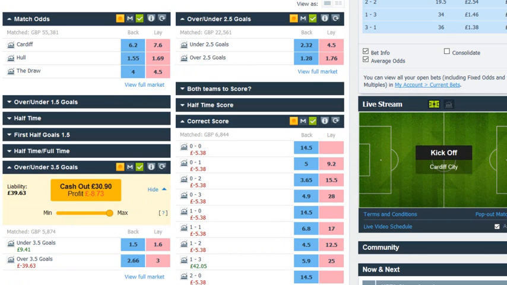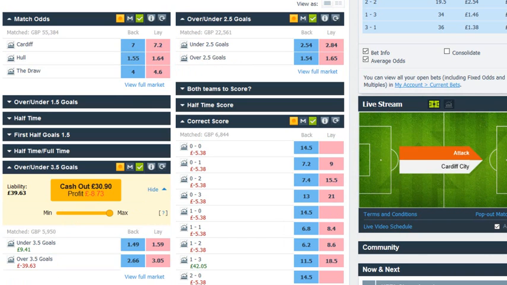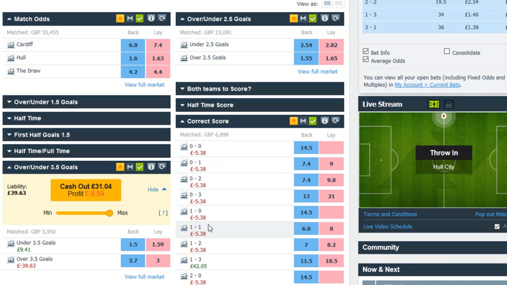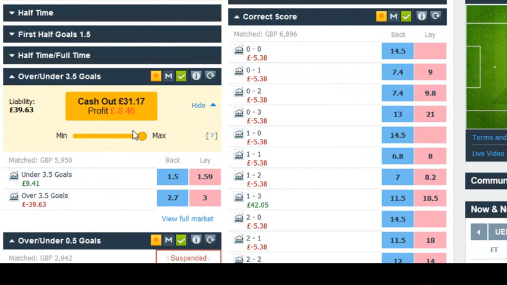Okay, I'm restarting the recording because the first goal has been scored at about 8 minutes. This is for Hull, so we've had a goal early on. What you will see after a goal has been scored is that the odds markets do take a while to settle down. This isn't too bad. We've now got the under 3.5 goals market back. We've now got a cash out figure of